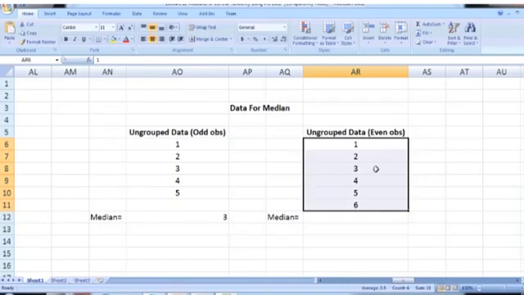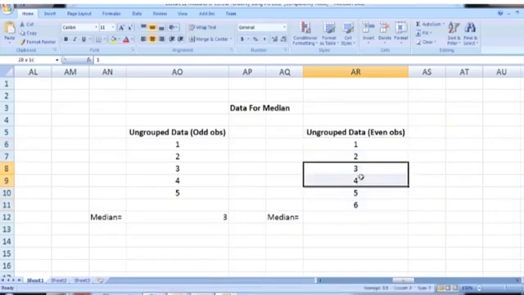Since the data is in sorted form, the median is the average of the middle two numbers, the average of 3 and 4, because we have an even number of observations. 3 plus 4 is 7, divided by 2 is 3.5. So the median should be 3.5.